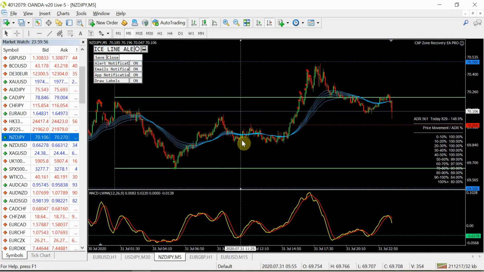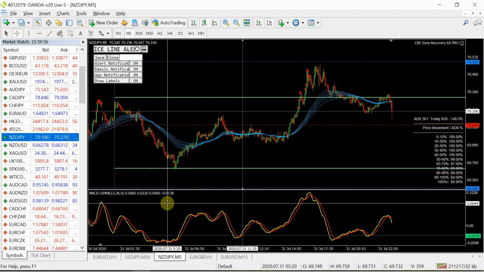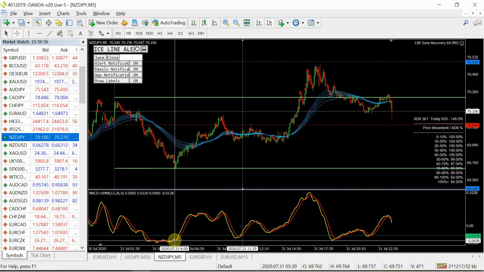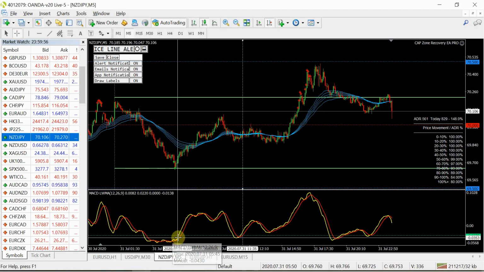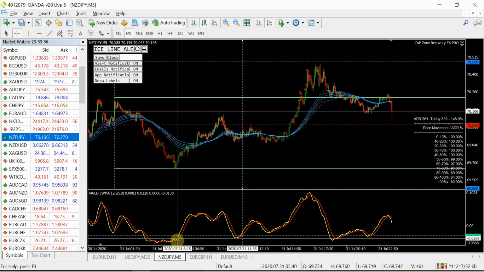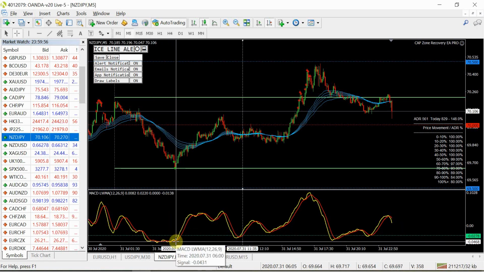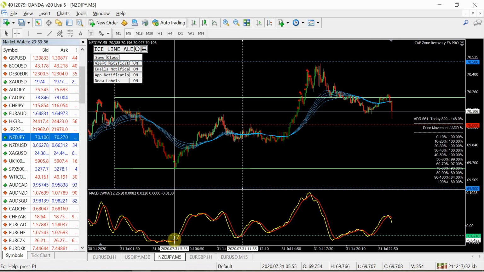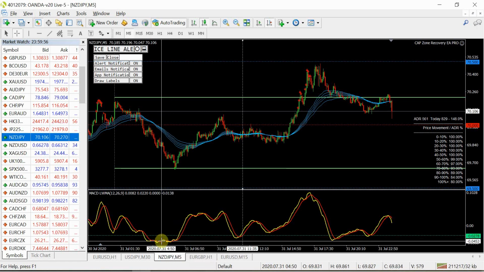Let me move this one out of the way, and we've got the RSI oversold on multiple time frames. So this MACD looks a bit funky. So if we have a look here, when price got to this level, this was the kind of cross. So we're waiting for the previous cross before, which was this level over here. So if I bring this down till there,